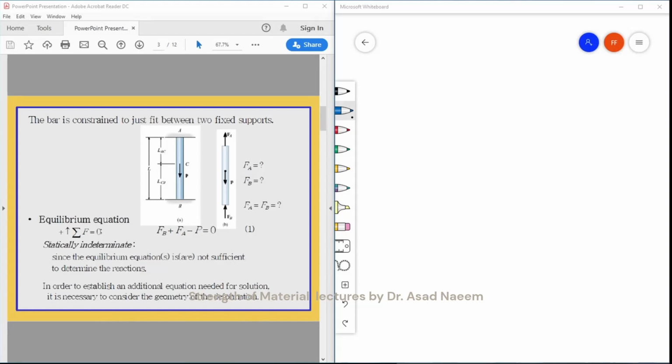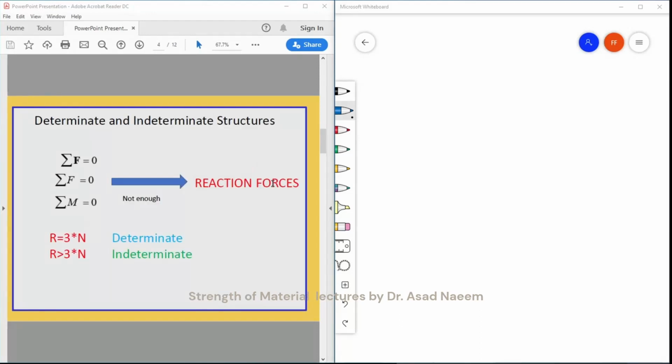And then, okay, in this bar, if we see this bar now, the equilibrium equation ΣFy equal to 0 will give us two unknowns and one equation. So this will be statically indeterminate in this manner. Okay, if this is not restrained on the other part, then it will be simply statically determinate. Determinate and indeterminate basically means that if the equilibrium equations are not enough to calculate the reaction forces, then it will be